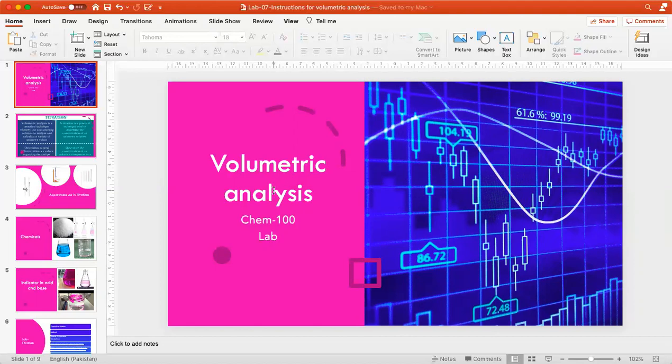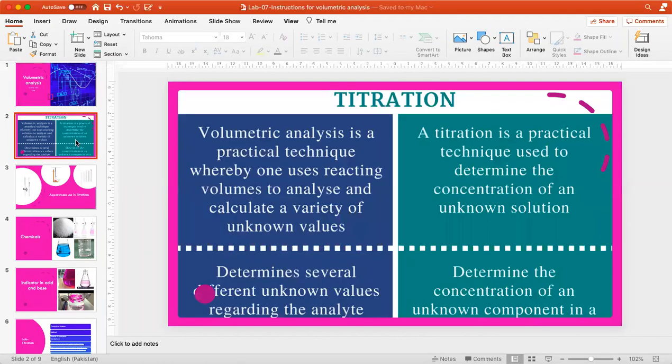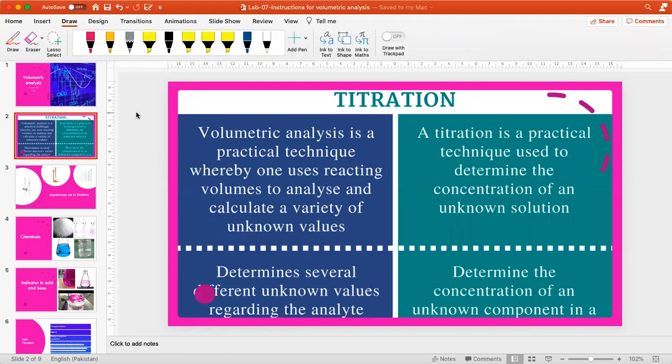As I have already explained to you, volumetric analysis is actually a quantitative chemical analysis. First, we need to understand the principle of this analysis. So let's recall the previous information. Titration: what is actually titration? Then we'll go for the principle and everything. Volumetric analysis is a practical technique,